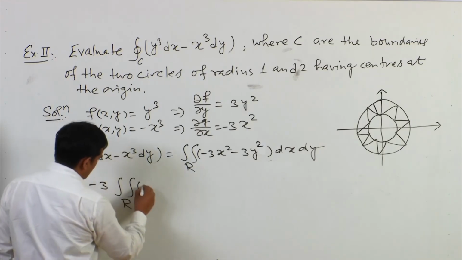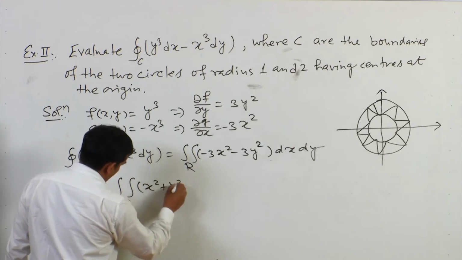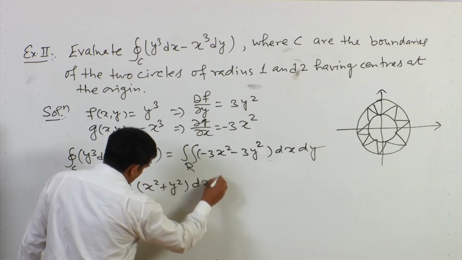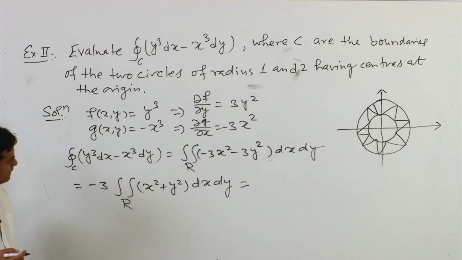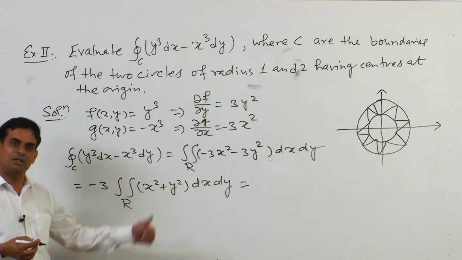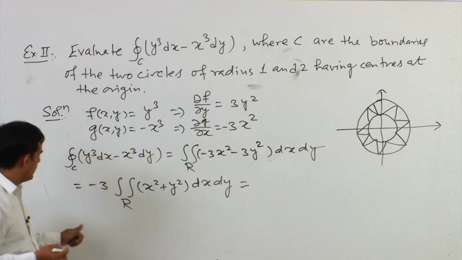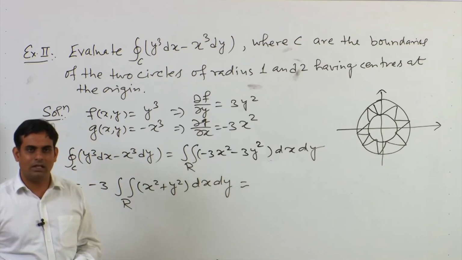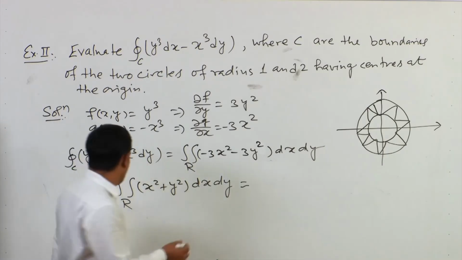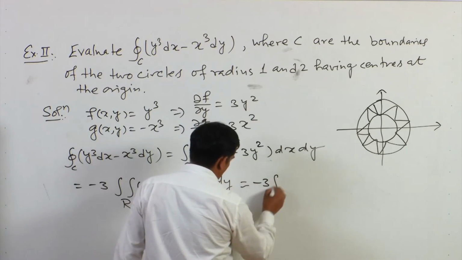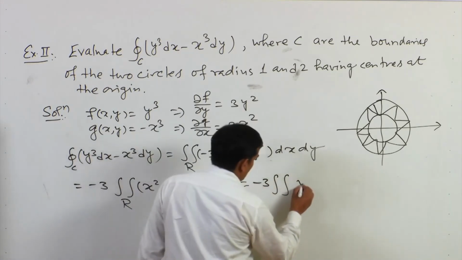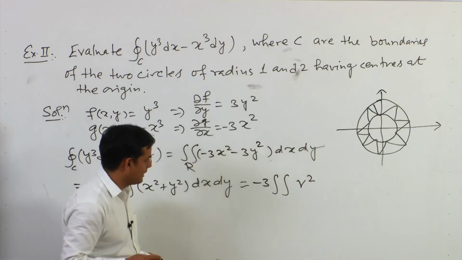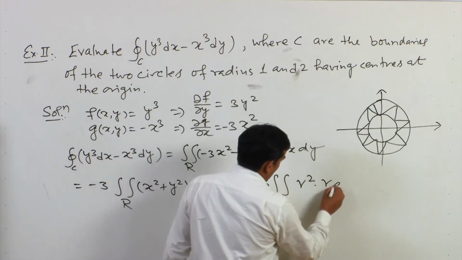So, the integral over R of x square plus y square dx dy, and now since I am having the circular region, I can convert my variables into polar coordinates. So, x equals r cos theta and y equals r sin theta. So, this becomes x square plus y square as r square, dx dy as r dr d theta,